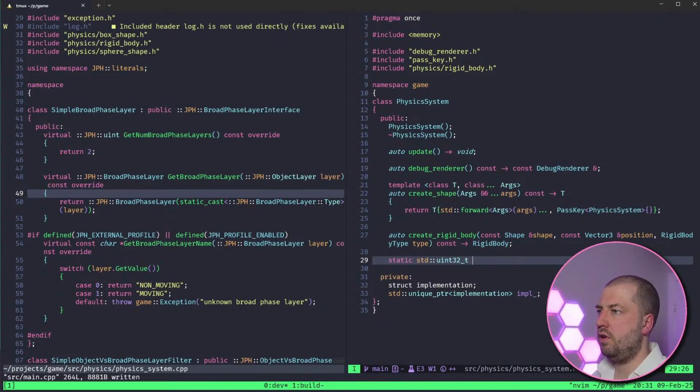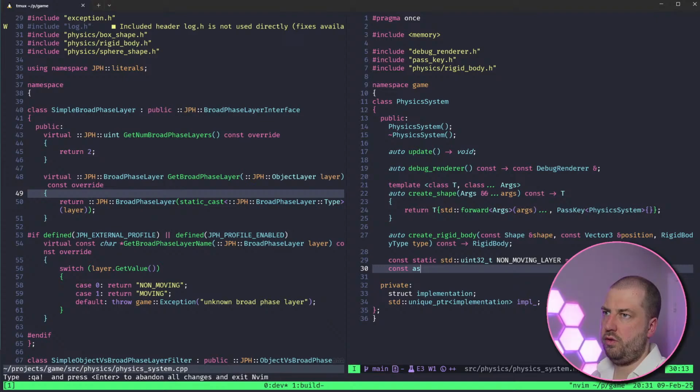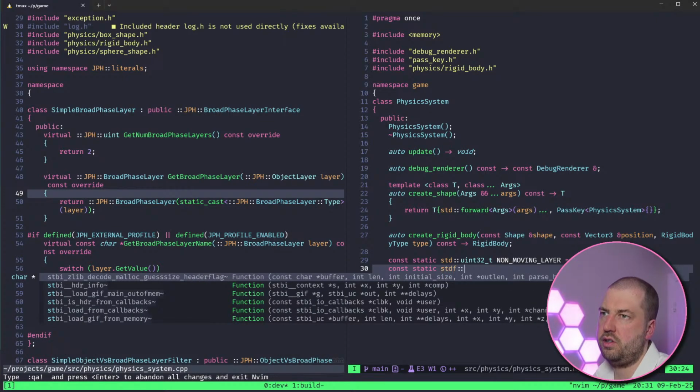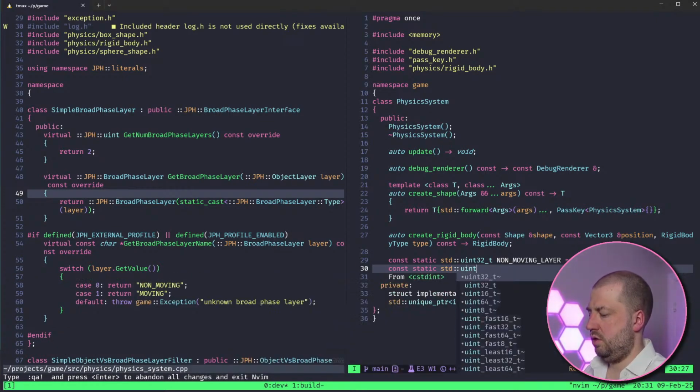What have we got? We've got non-moving layer equals 0. Const, and then const static std::uint32_t